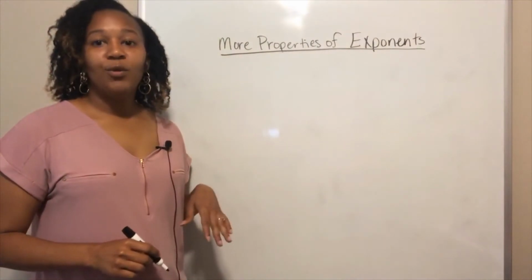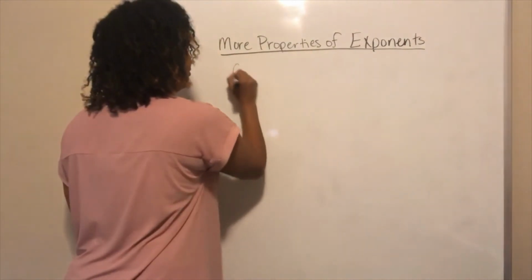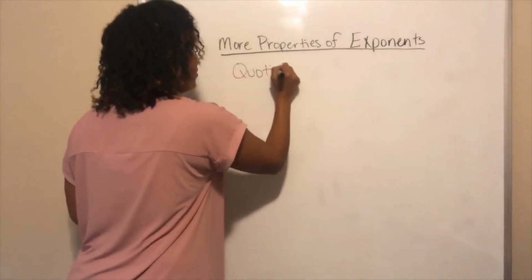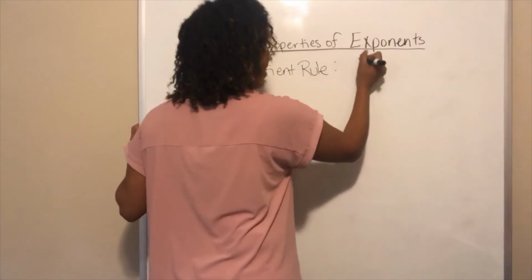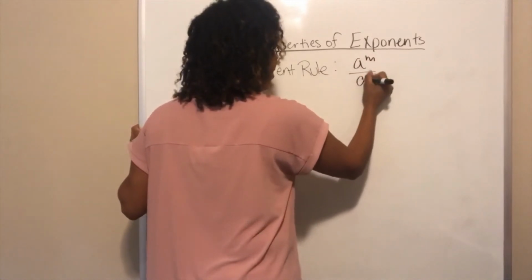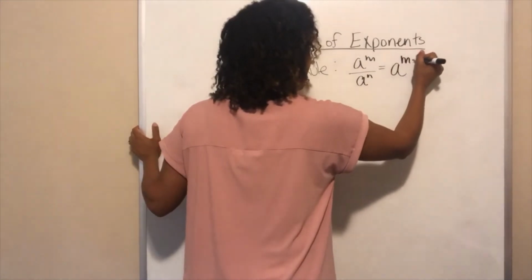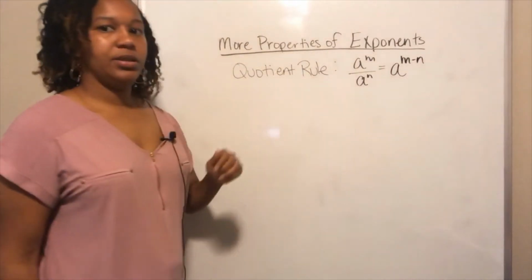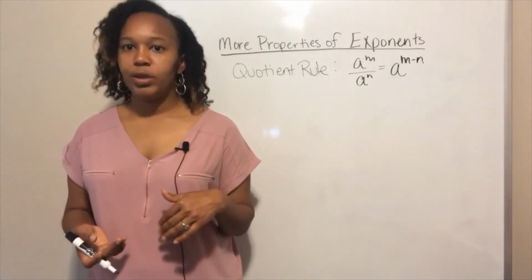There's one more property of exponents that we need to talk about, and it's the quotient rule. It's the rule that says if you're dividing two things that have the same base, then you can combine those by subtracting the exponents. So if we're dividing and we have the same base, then we can combine those two bases as one base